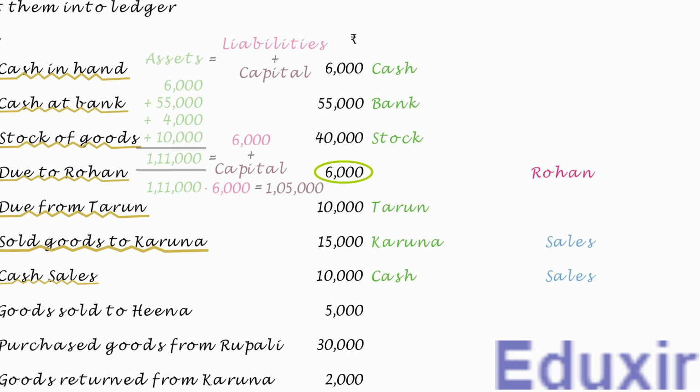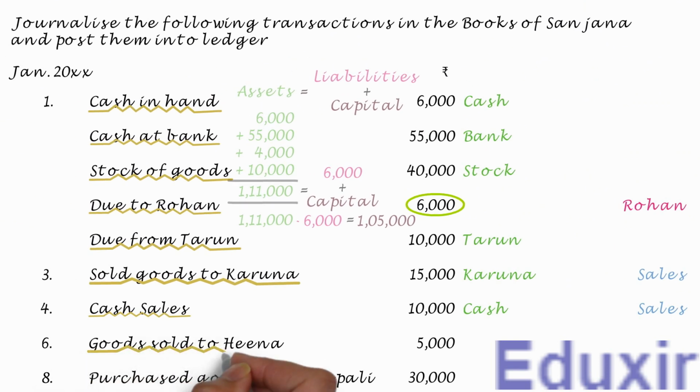In this transaction, the business has sold goods worth 5,000 rupees to Hina. As the word cash is not present in this transaction, we can safely assume that these goods are sold on credit. As you can see, there is a sale taking place in this transaction. As we know, sales increase the revenue of the business, and the rule to record an increase in the revenue is to credit the corresponding revenues account. In this case, the sales account should be credited.